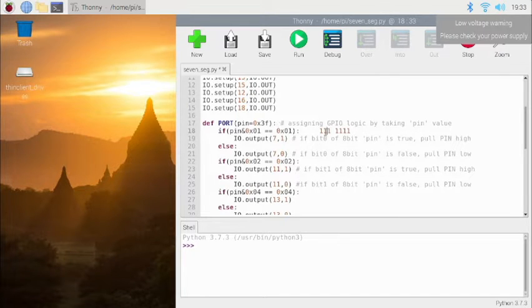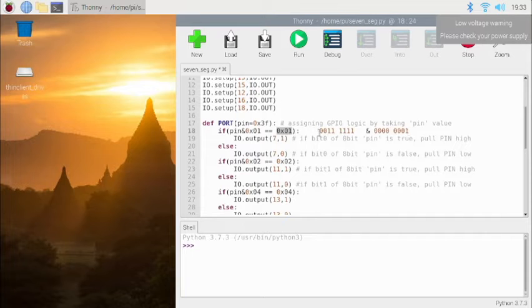Now it will perform logical AND with 01. So 01 means 0 0 0 0 0 0 0 1, right? And here you can consider 2 to the power 0. So it will perform the following operation and check whether the result is 01 or not.